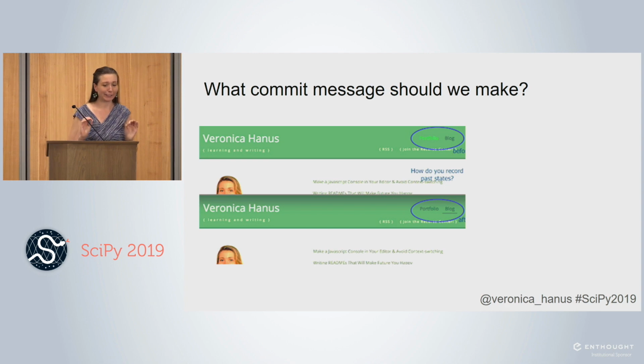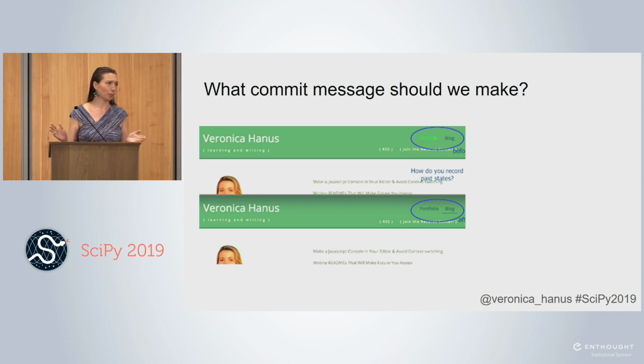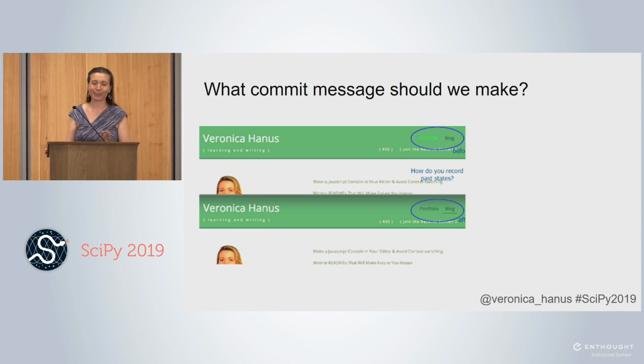So I was very literal. And I said, well, I'm going to remove the neon from the nav bar, and I'm going to add an underline. And I felt really super about this because I was like, I'm describing exactly what is happening. There's going to be, in my mind, a little boop, and I'm going to see it. It's going to be great. But the difficulty is that I was